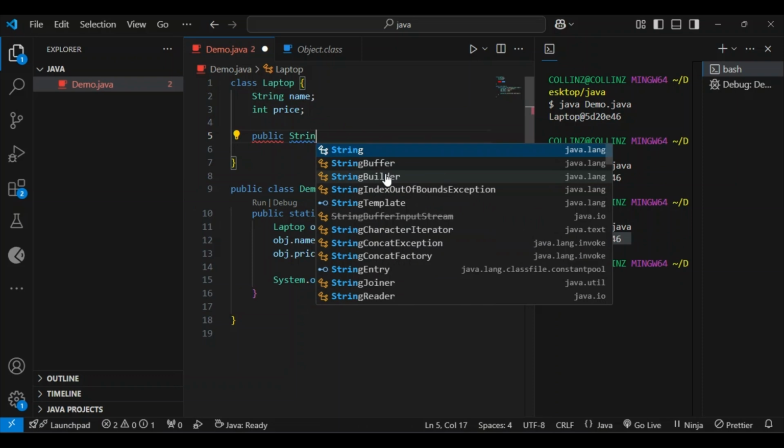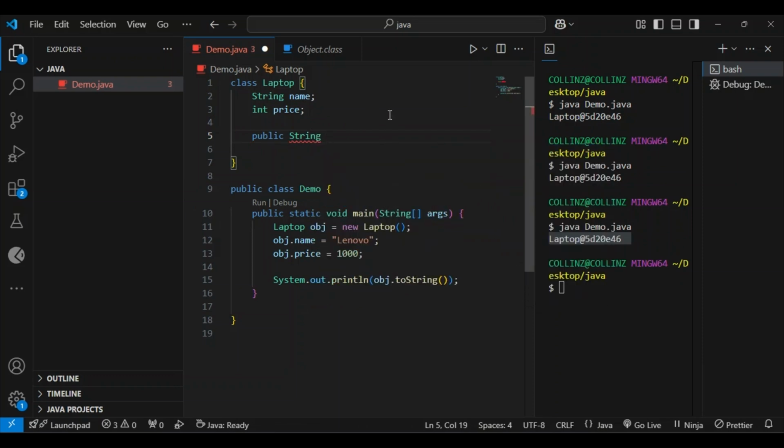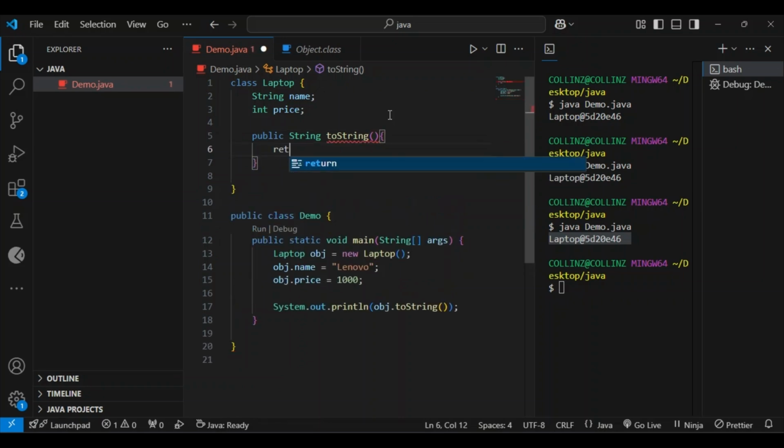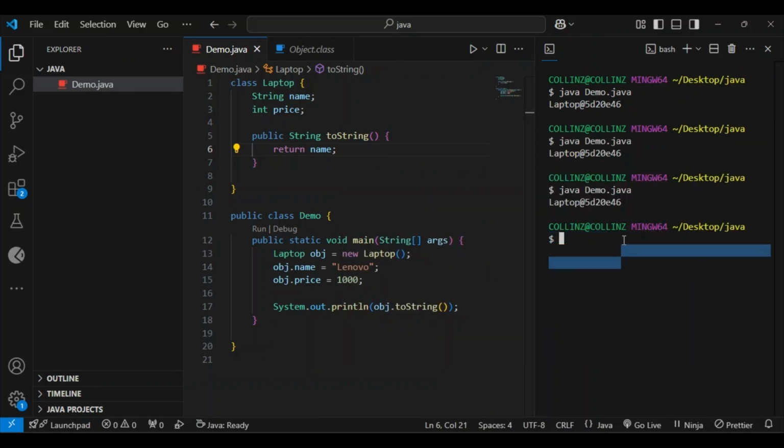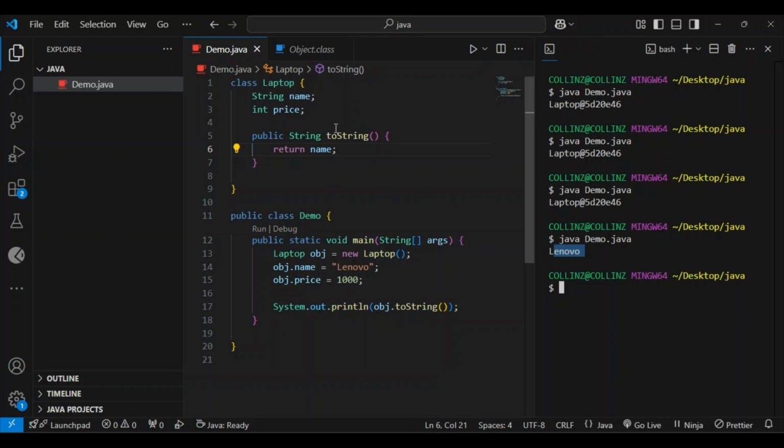It's going to return a string format. So string to string, something like this. So what I want is to return, let me say, return name. So when I compile and run, let's remove this. When I compile and run, you will see that I'm able to access the name of this object here. I'm able to access the name Lenovo of this object that I created, simply through using